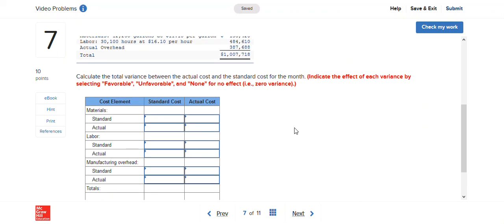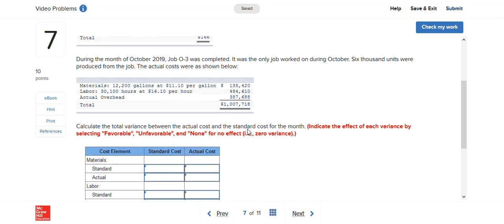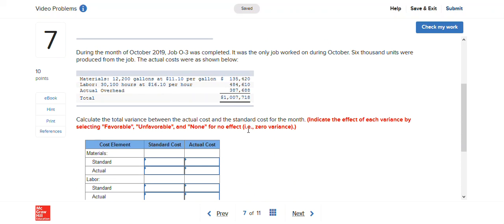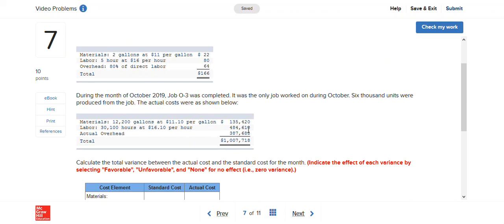So we are to calculate some variances between the actual cost and the standard cost for the month. So we've got materials, and this chart's a little odd, but we've got a column for standard and a column for actual and a line for standard and a line for actual. So our materials for our standard cost would be